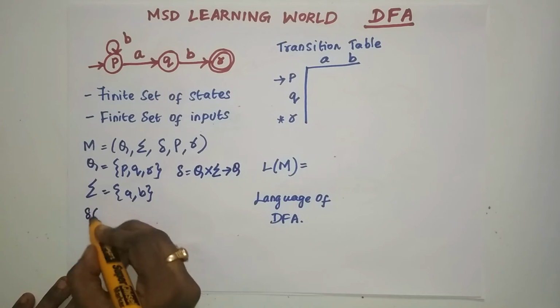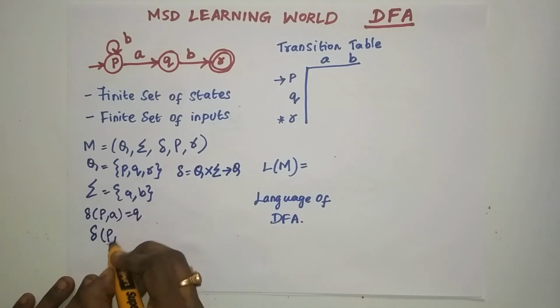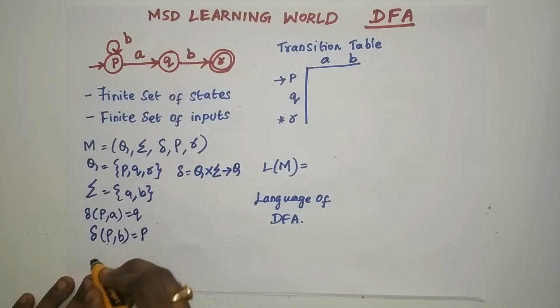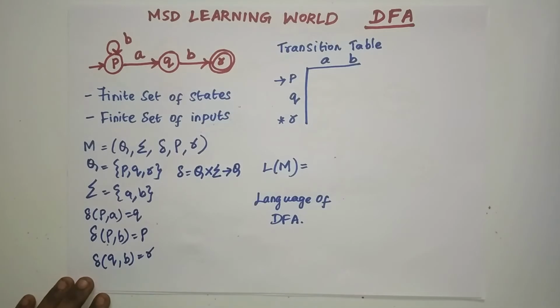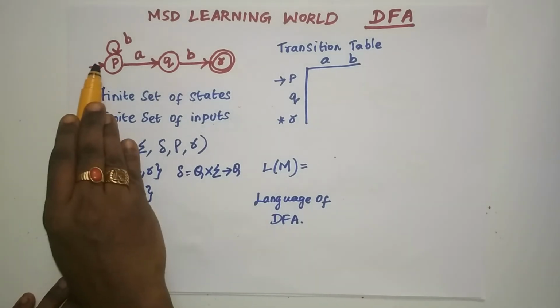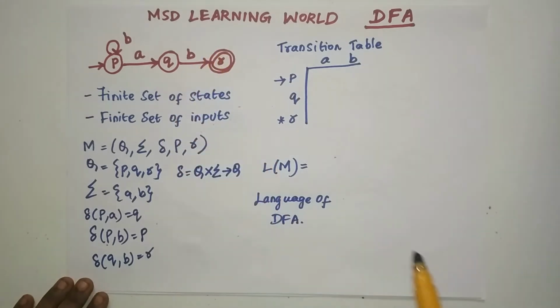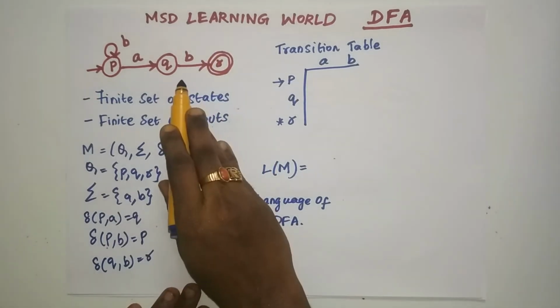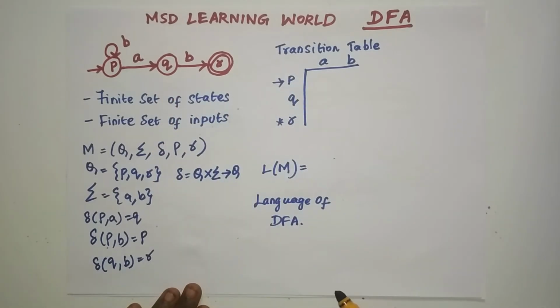So del of P, A equal to Q. Del of P, B equal to P. Del of Q, B equal to R. So this machine has three transitions, and P is the initial state and R is the final state. The initial state is represented in the form of an arrow mark symbol, and the final state is represented as a double circle. So now this deterministic finite automata can also be represented in the form of a transition table,